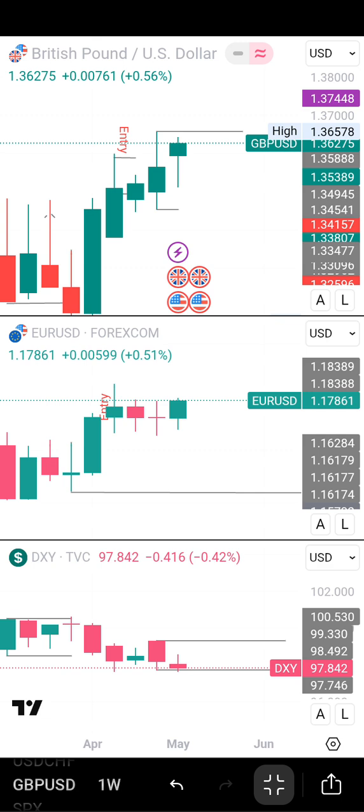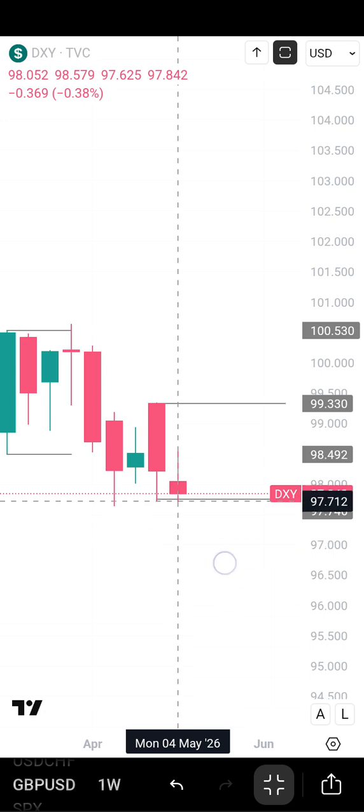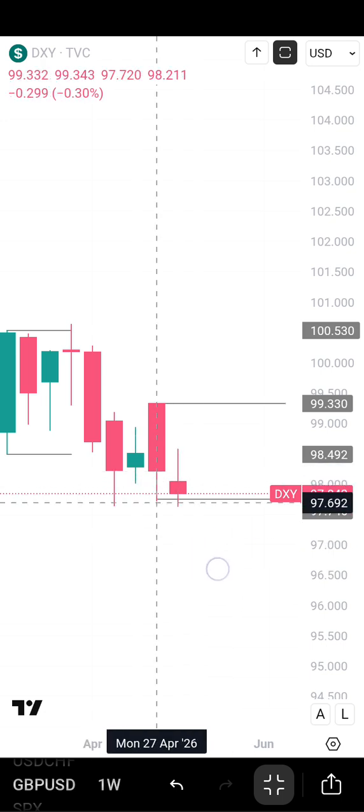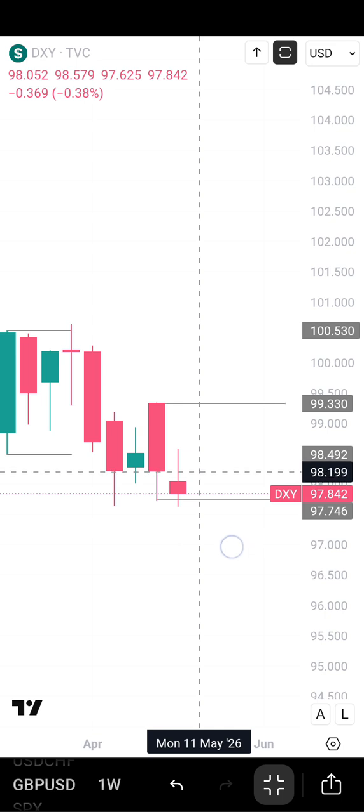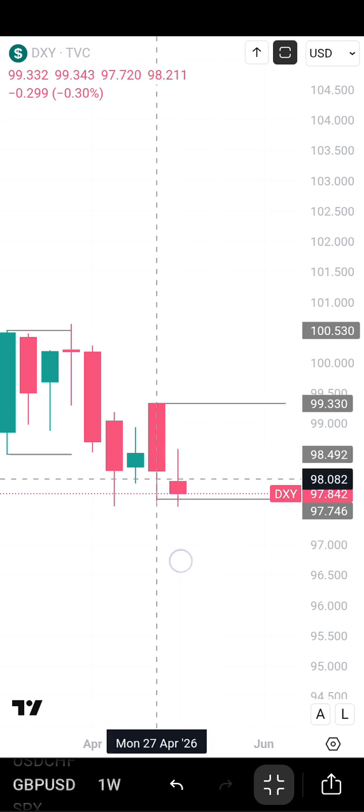So for this week, what are we looking at? You can see here on DXY too, we can see that price is almost closing, forming the CRT to the upside. So in a nutshell, we want to go bullish on DXY and want to go bearish on EURUSD and GBPUSD, only to target 50 pips. You can see for the weekly here, price is already forming here, taking the low to push to the upside. So price might still come back, take the low, irrespective of how the price opens, either gap down, gap up, or the normal price reactions.